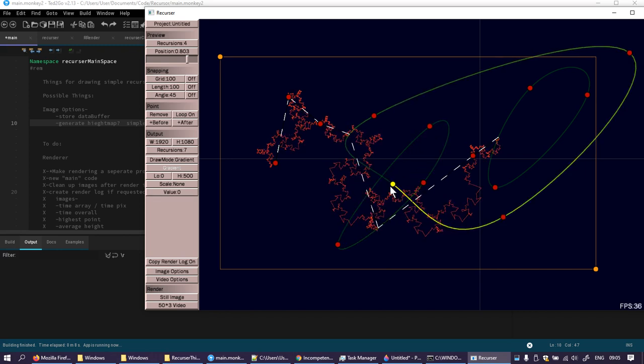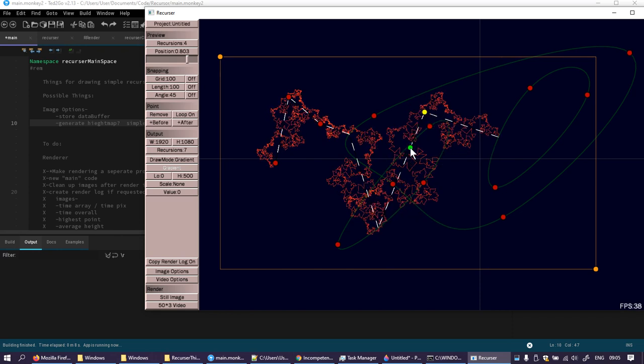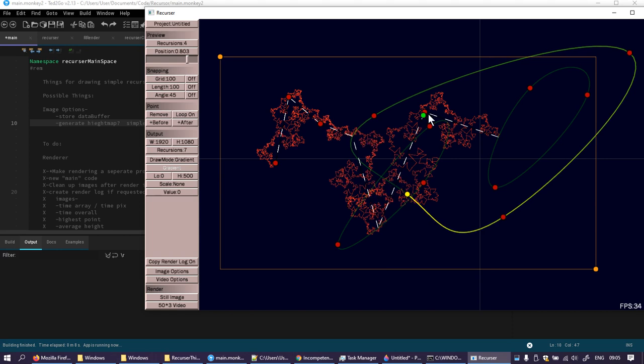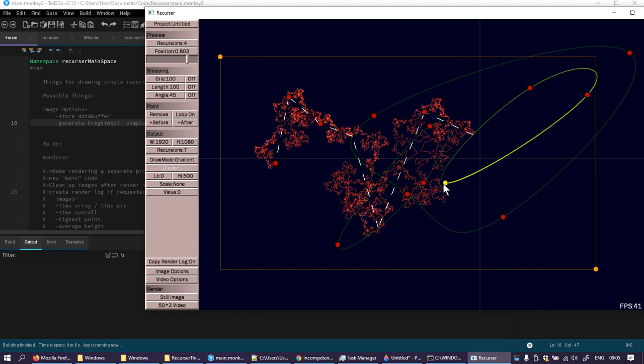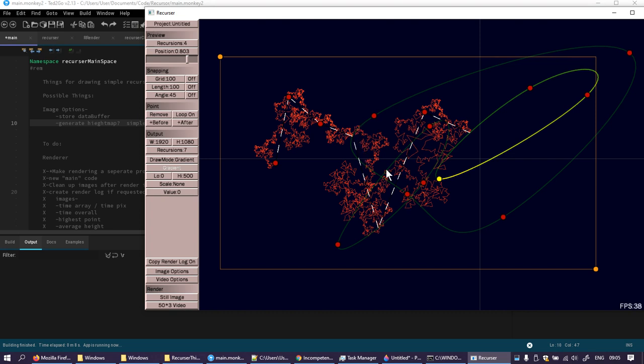That's one thing. Also, I am going to add a black outline around this, and I am going to turn the filtering back on because it messes up the evenness of the edges of the line without the filtering on. I am going to add the black outline. I have to add the thing about the sequential start points. And I think I may even add an outline to these. And also the hotkey